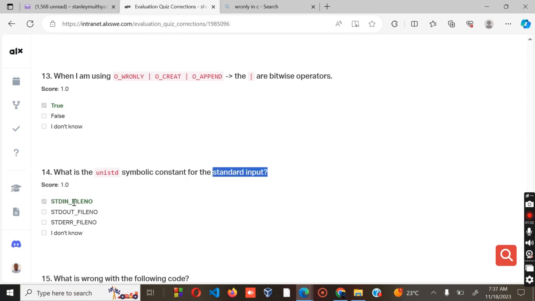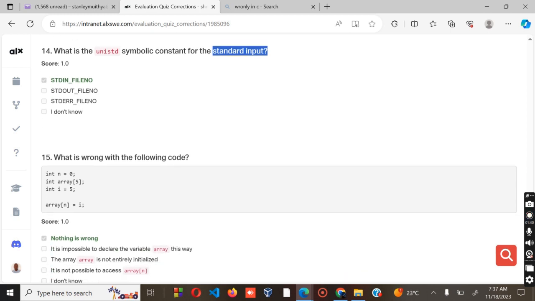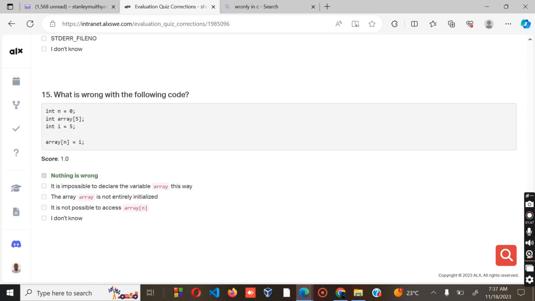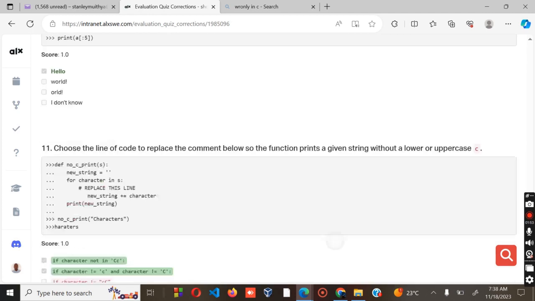So we have STDIN_FILENO. And what is wrong with the following code? And as you can see, if you've gone through the reading material, you find that there's nothing wrong with the code. The code is correct, and that is actually the last part of our